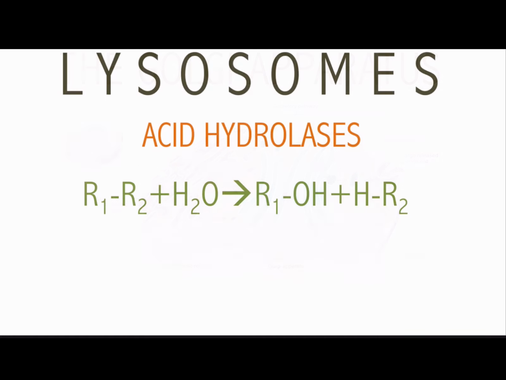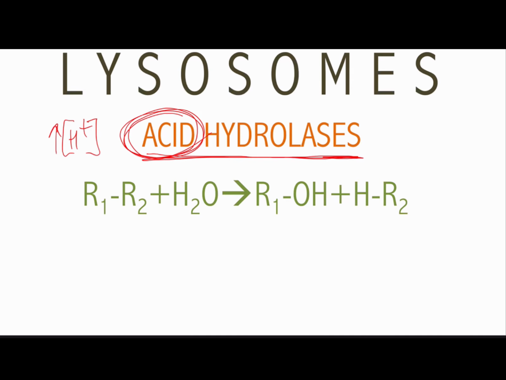So inside those lysosomes are a bunch of proteins called acid hydrolases. Now, we talked about this word, so you know what this word means. This means that we're at a relatively high proton concentration, and so these enzymes, these hydrolases, that part of the word there should tell you that really that these enzymes are doing something in hydrolysis. And so what these acid hydrolases do